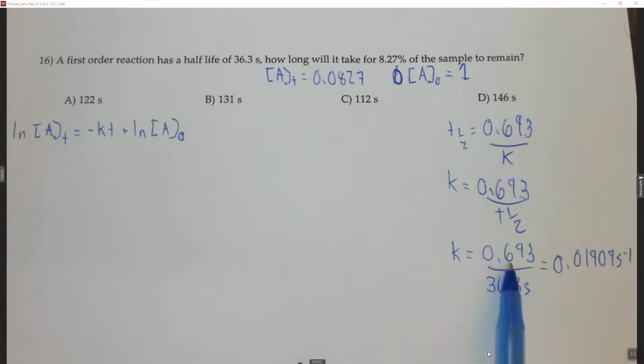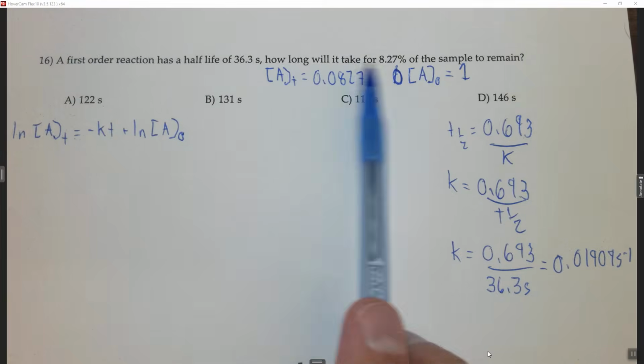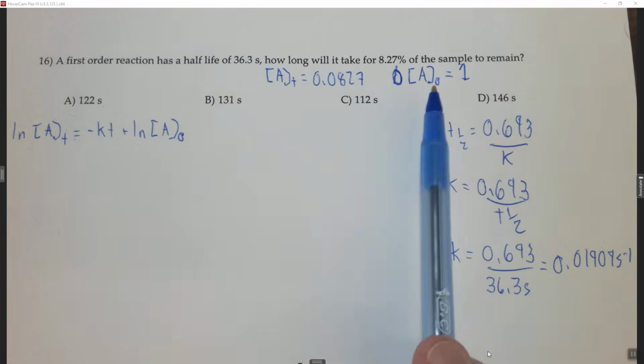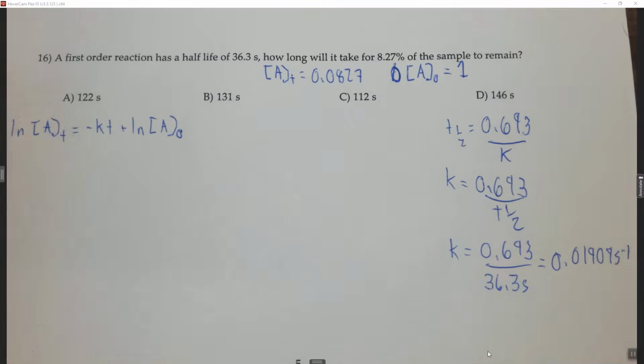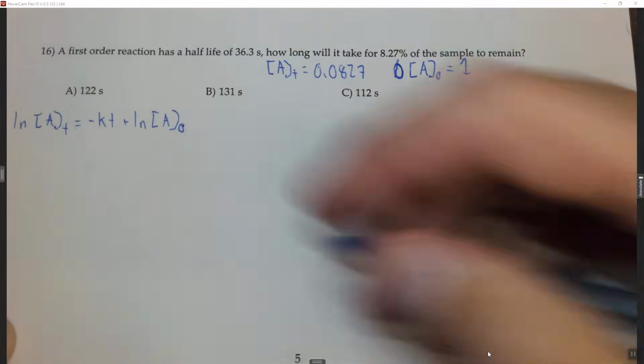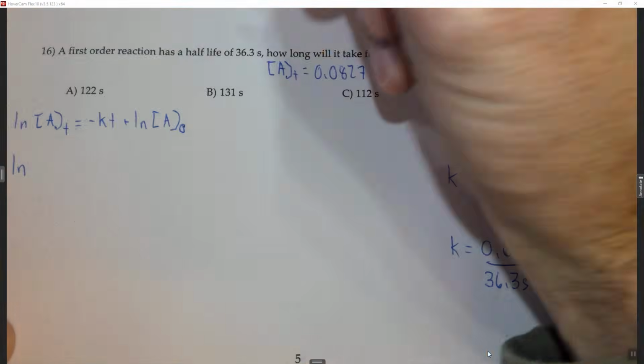Okay, so now we know K. We know the concentration of A at some T, we know the initial concentration of A, and we know K. We can solve for T, no problem. Let's plug in. ln of